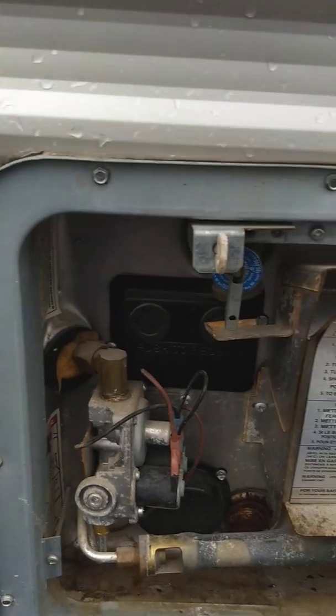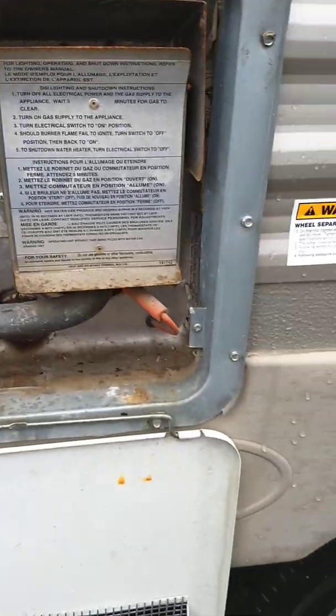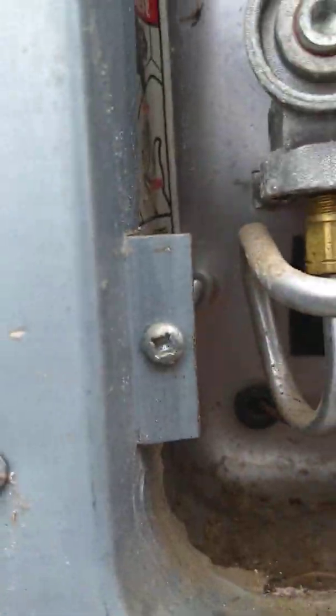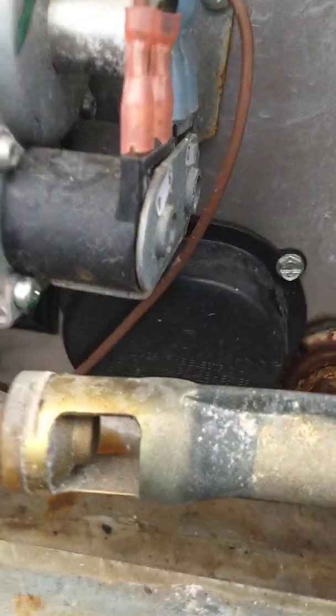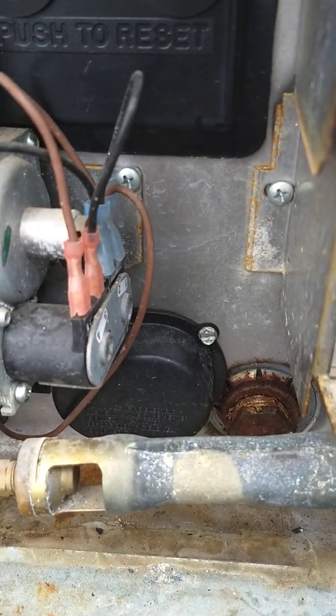Okay, this is your water heater. This one works on either gas or electric. To operate it on electric, there's a switch here. Hopefully you can see. It's very difficult to see. It's in the lower left-hand corner. You can see it right there. You flip that to on, and there's a heating element behind this cover that will heat up and heat your